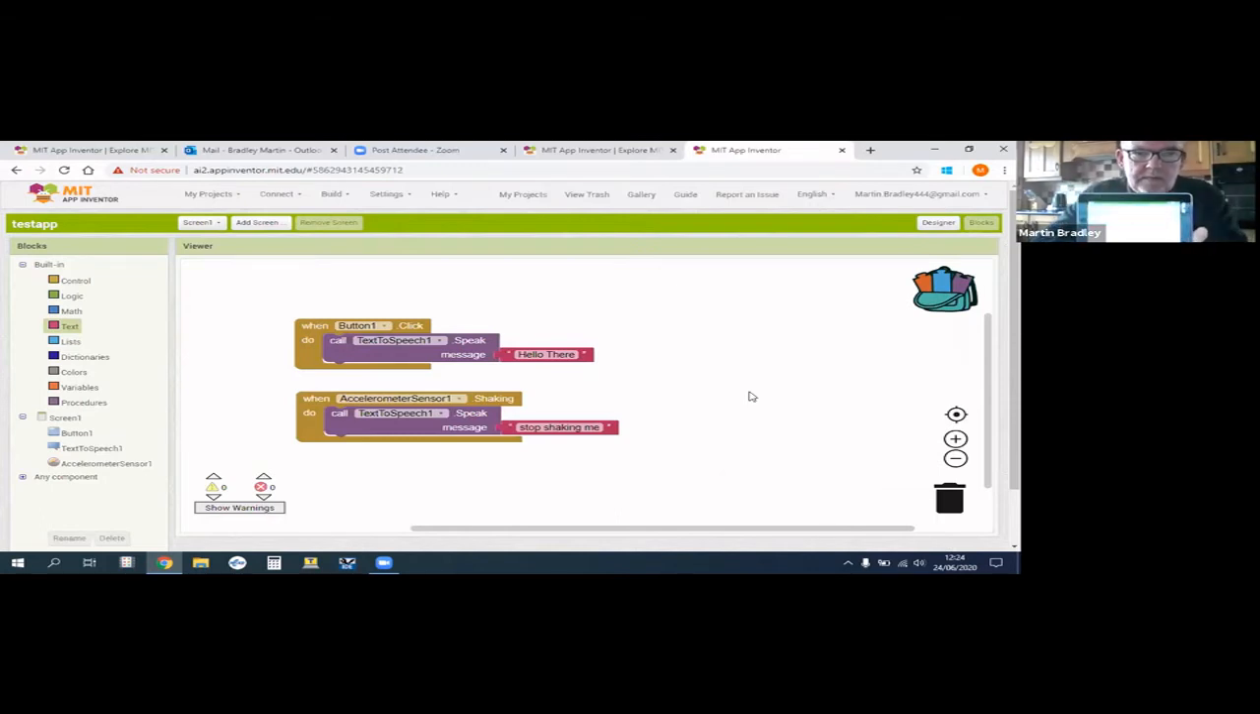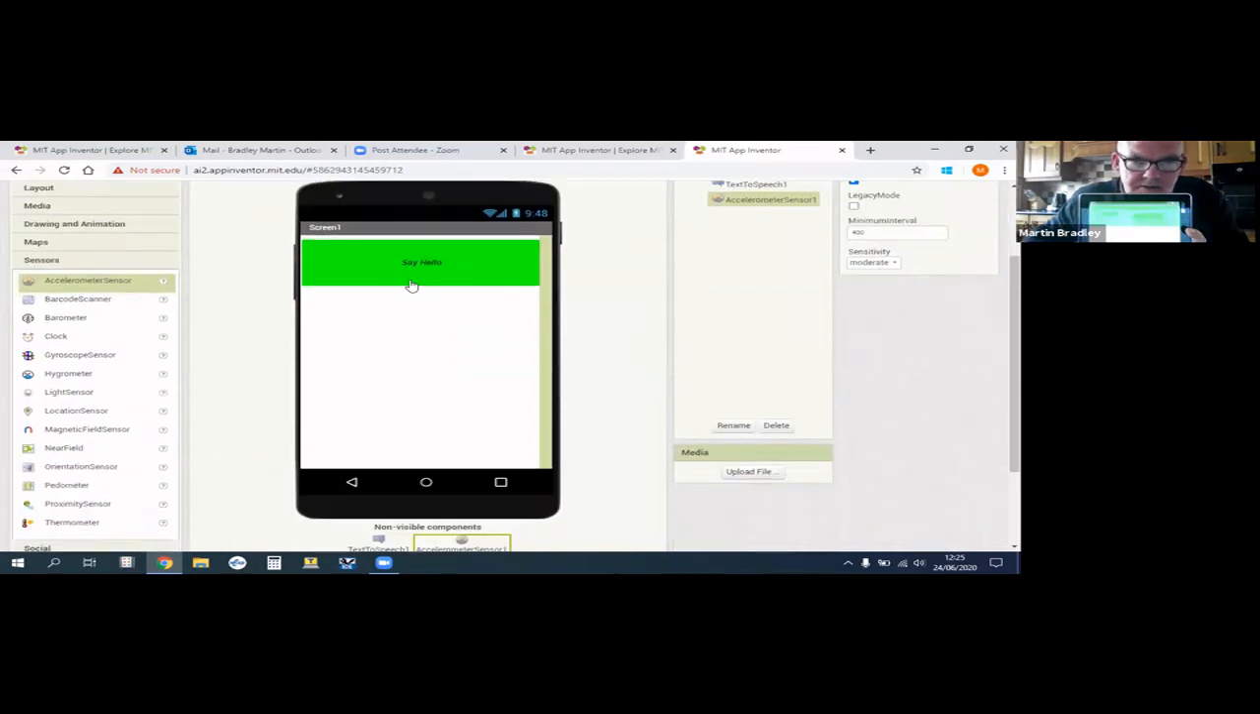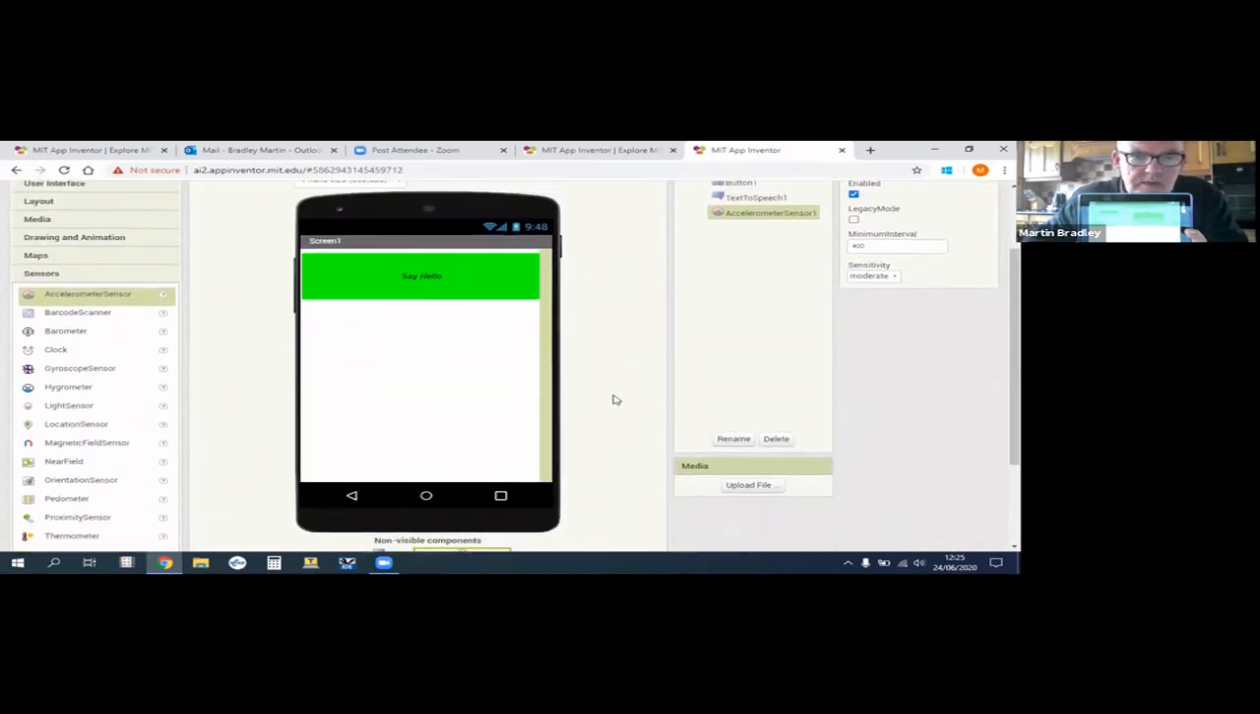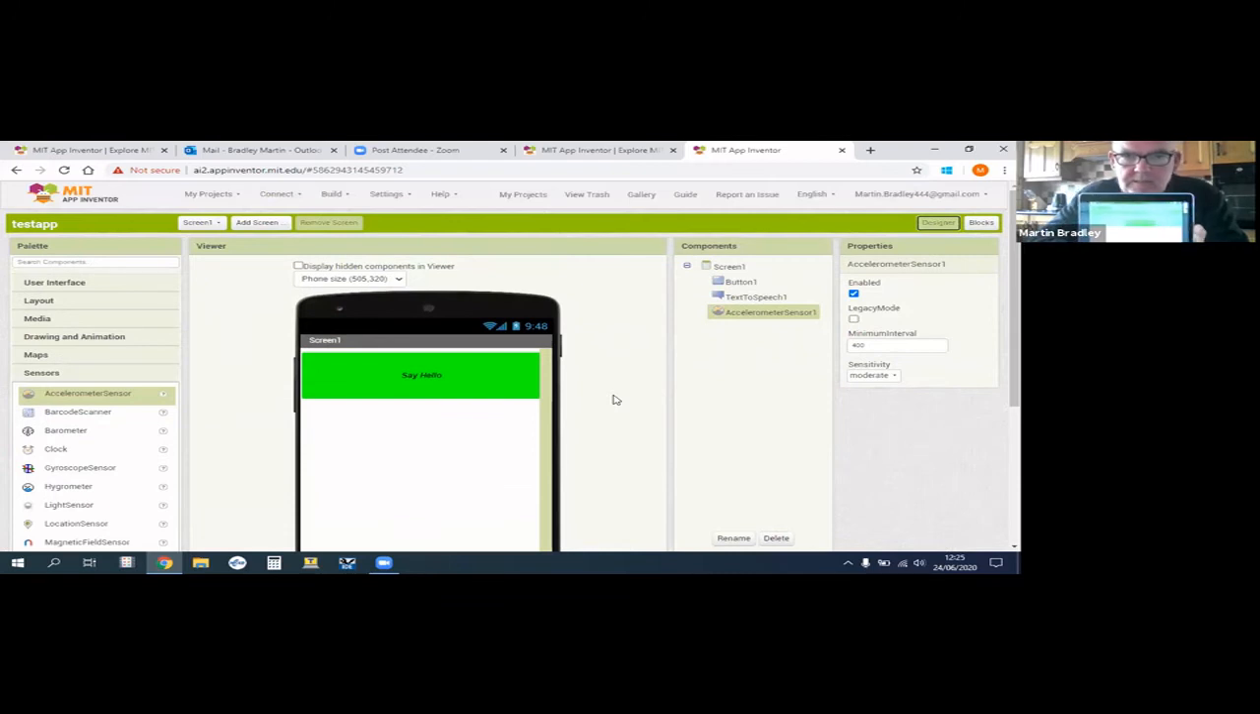Obviously my design isn't very good, but you can put images on these buttons. You can do so many different things with them. This is recorded, Denise, so everybody will have access to doing this. So the first thing,